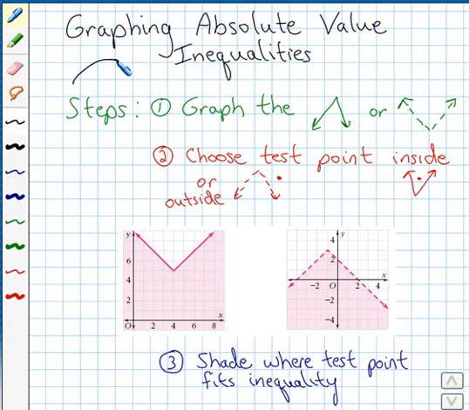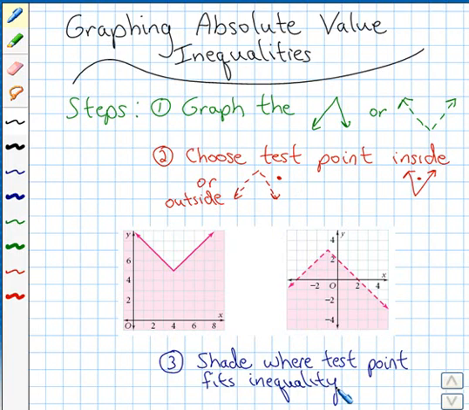Hello, my name is Miss Adams, and I'm here to help with graphing absolute value inequalities. We're going to take the following steps in order to do that. First is to graph the V, which could be a solid V upside down or right side up, or a dotted V, same thing, right side up or upside down. Then we will choose a test point either inside or outside the V, and then we'll shade where the test